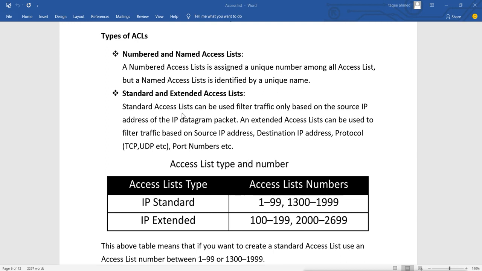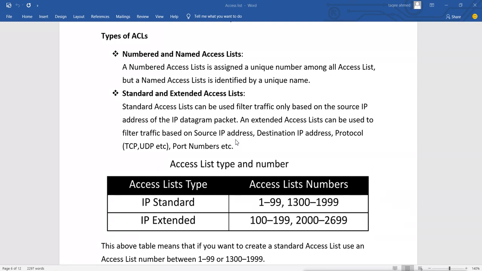A standard access list can be used to filter traffic only based on the source IP address of the IP datagram packet. An extended access list can be used to filter traffic based on source IP address, destination IP address, protocol, TCP, UDP, port number, etc. These are the different types of list we have, standard and extended, and they work differently.